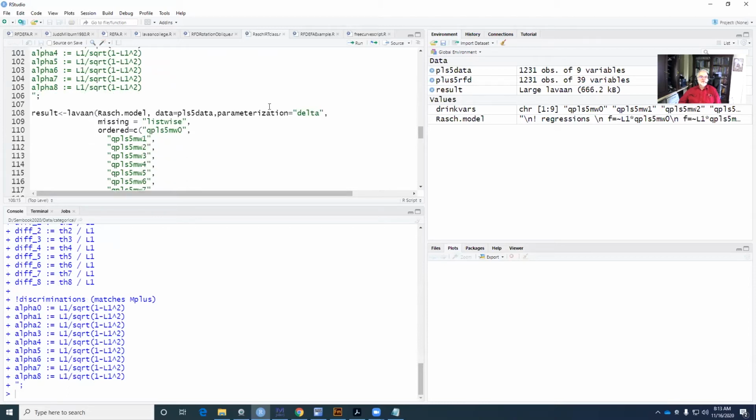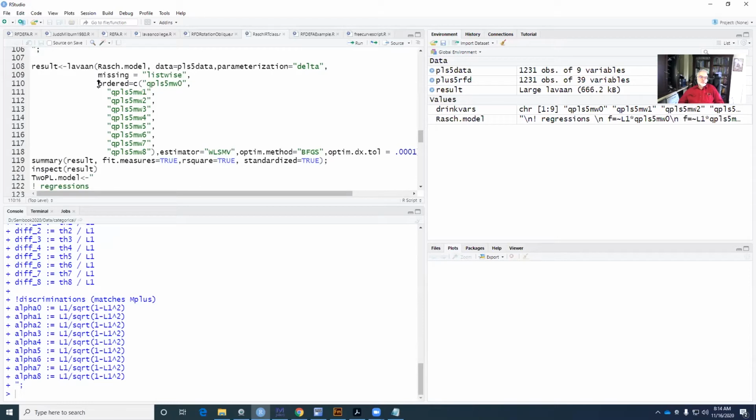So lavaan will take theta or delta parameterization. And this command, if you set it, will do listwise deletion. So this doesn't apply to this data set because it's a data set that has no missing data in it. But if you wanted to run the data without missing values, that's a statement that you would include. And the ordered statement tells lavaan which of the manifest variables